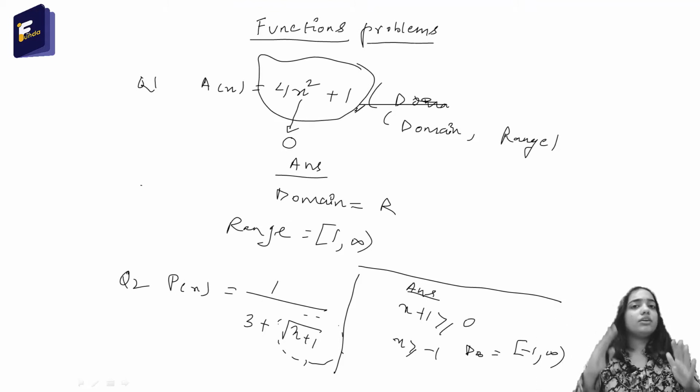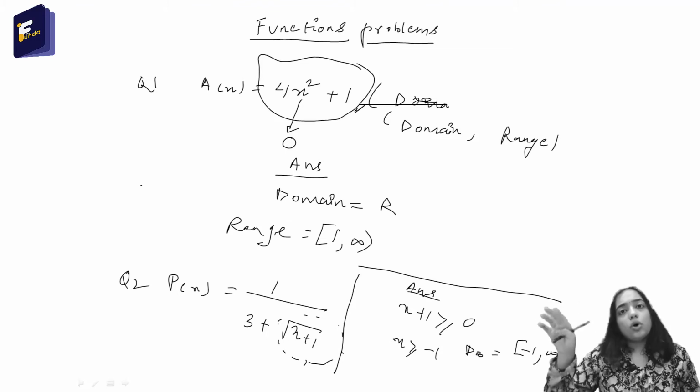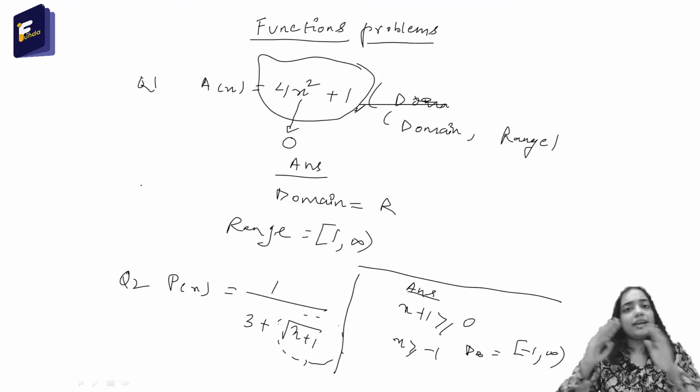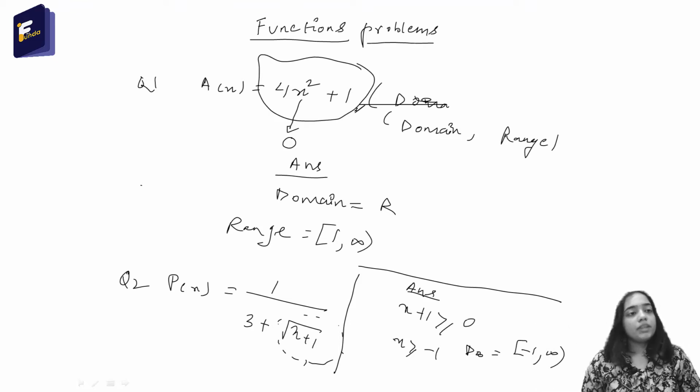So then the concept of modulus function arises, because square root of 4 is actually mod of 2. We will discuss it later, but for now you have to remember that the square root will give only positive values. We take only positive values for square root. The reason I have already explained in this discussion: because square root is a function. So for square root of x plus 1, we will take only the positive values.